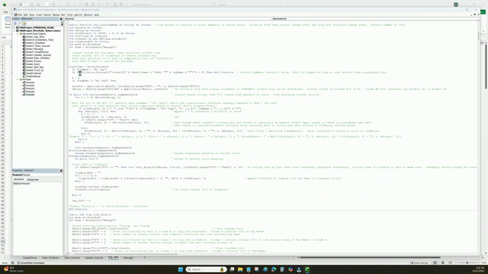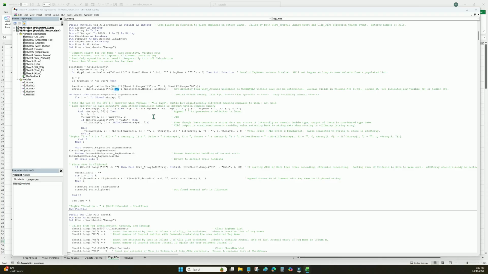Okay, the first thing that's done is it verifies a valid tag name has been selected, which will be the case if the user selected from the populated list. If they selected way down in the column where it's blank, it would come back not being on the list. Then it grabs the current rows from the View Journal worksheet itself. And the reason it goes back to the original View Journal worksheet is that the user, between selecting the portfolio and at this point selecting a tag name from column B, could have hidden certain rows. So go back and grab